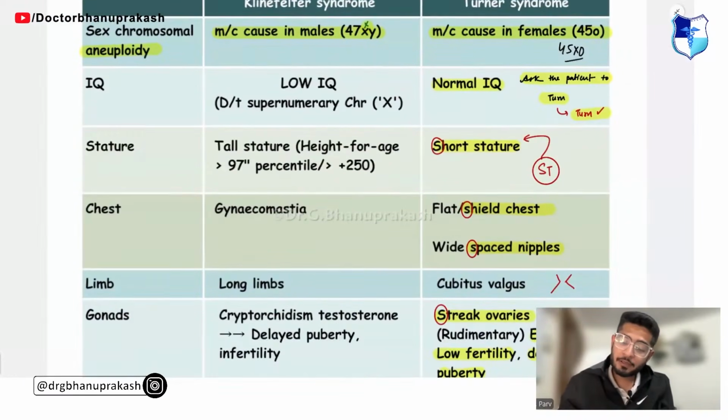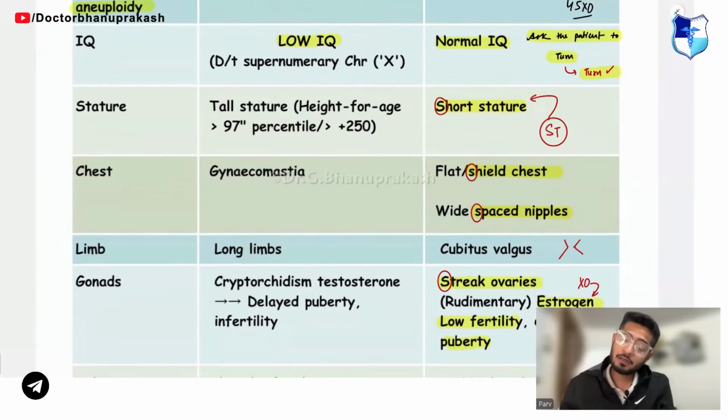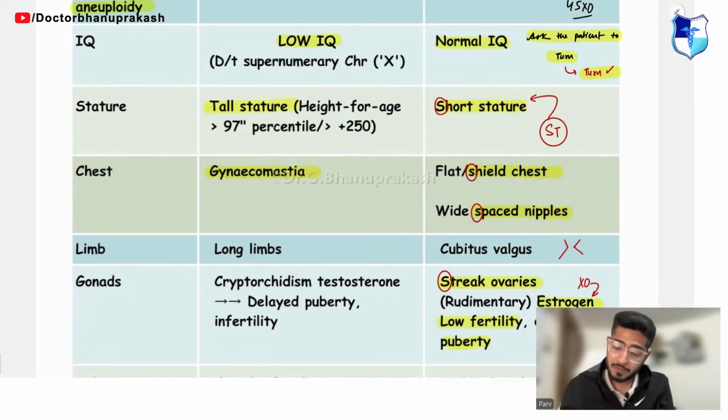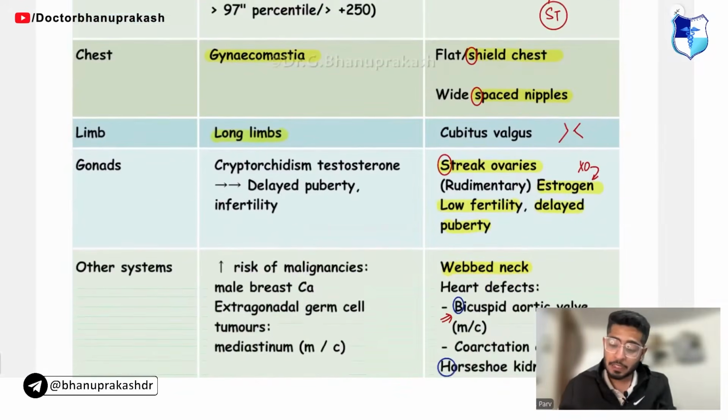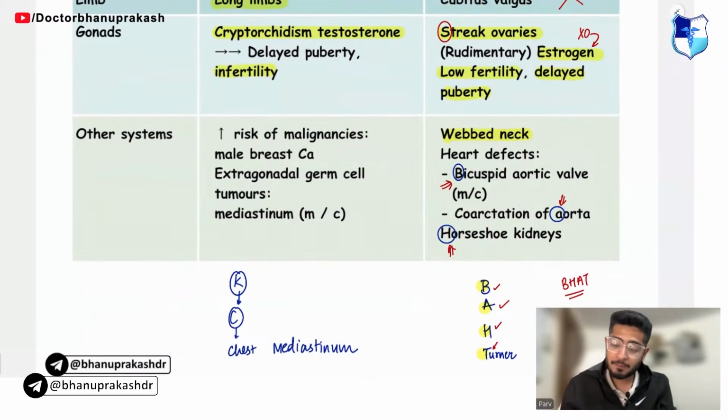Now in Klinefelter, the IQ is low. Then tall stature is going to be there. There will be gynecomastia, that is going to be seen in Klinefelter syndrome. Then after that, you have got long limbs. Then you have got cryptorchidism, and infertility. And yes, there is a high chance of malignancies like male breast cancer and extragonadal germ cell tumors, which